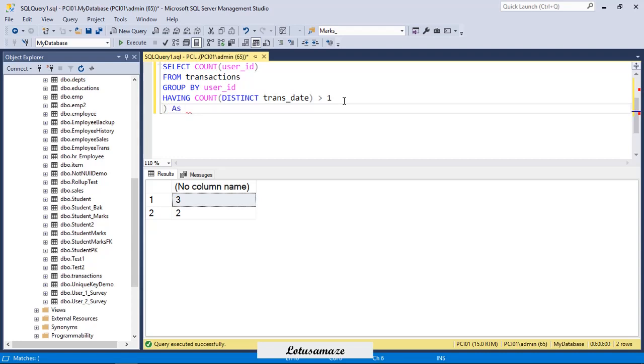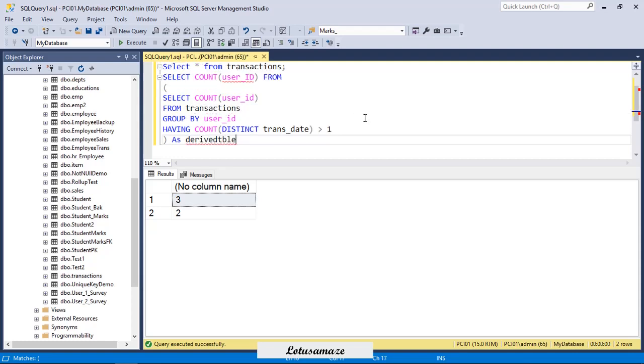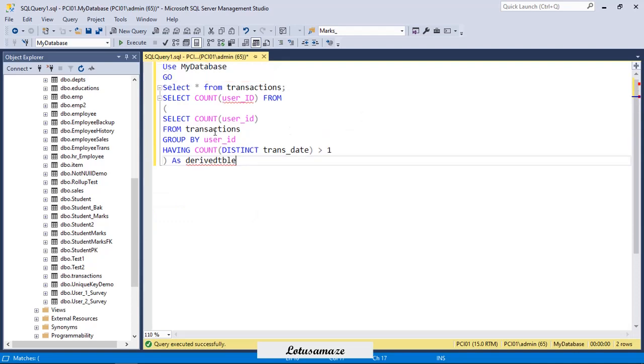The table name could be anything, say derived table. Now this part is a derived table.